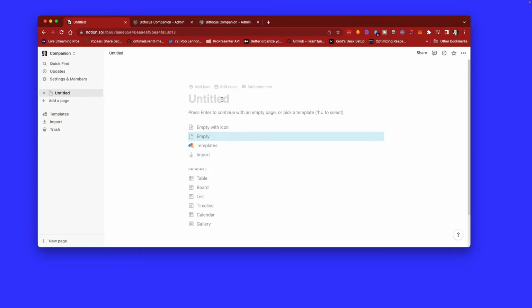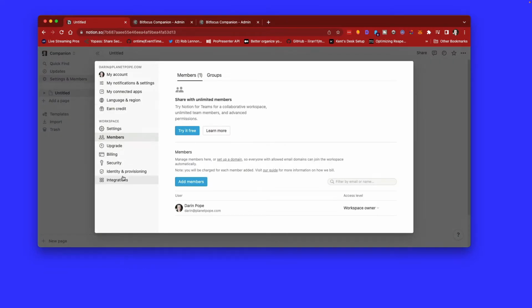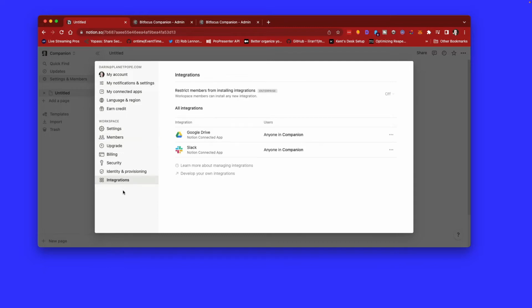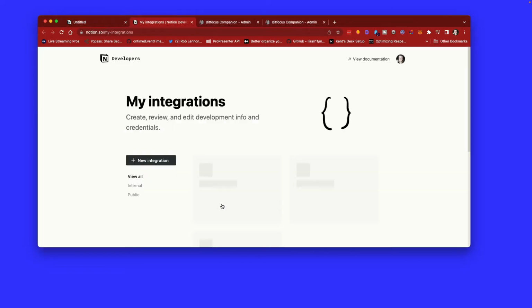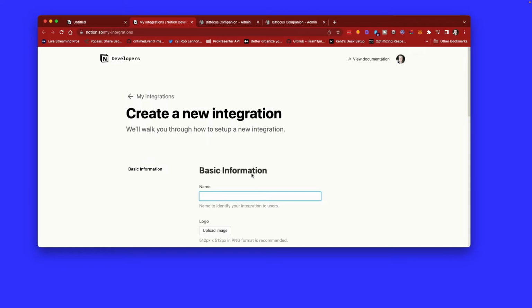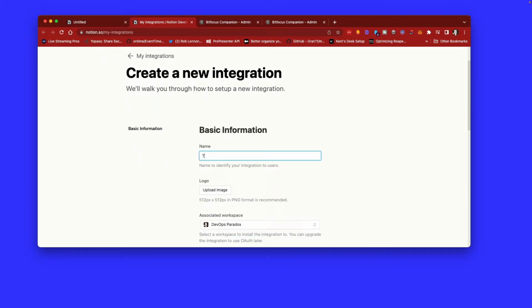Now, the other thing that we're going to need to do, under Settings and Members in your workspace, is set up an integration. So for this case, we are going to create our own integration. So click on Develop Your Own Integrations. That's going to open up in a new tab, and I'm going to say New Integration. I'm going to give it a name of Timestamper,